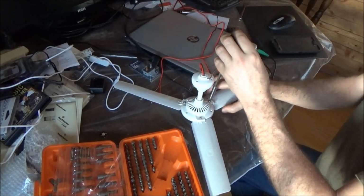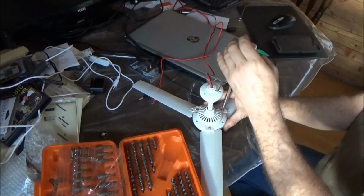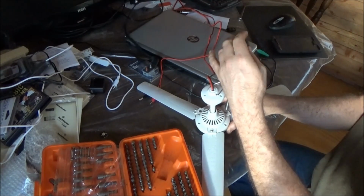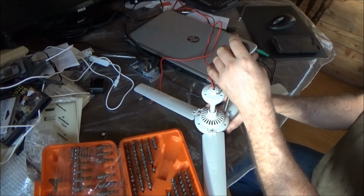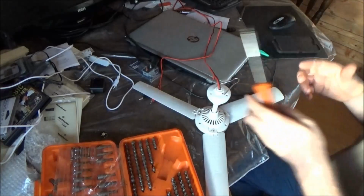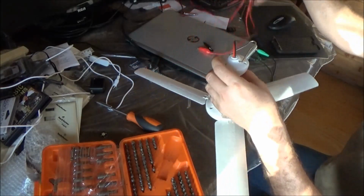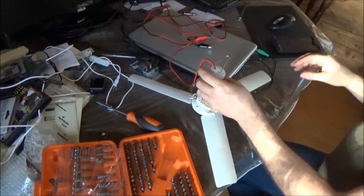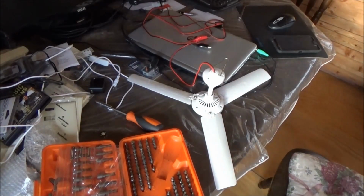And this is right off eBay. You can get them all day long, every day. They had one with the remote control as well. They have an AC DC remote. Well, they have the DC fan with an AC plug-in and remote control, and that would be sort of not very beneficial for me to use AC power on a DC fan. Wouldn't make sense, would it? So I'm going to use it as is, and I have a